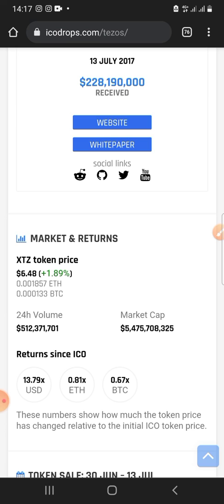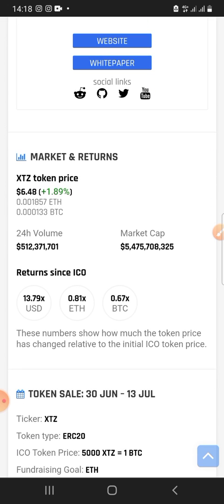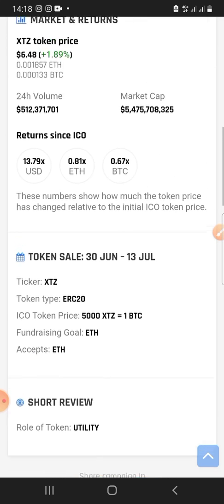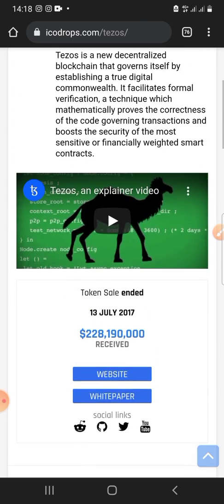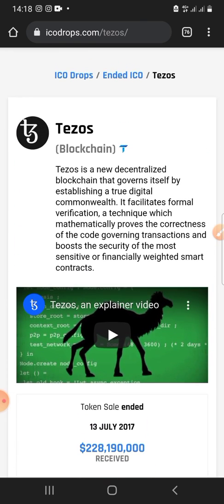And kindly do all to ensure that you write down all people who are directly linked to the project. Okay, and for this place, why it's important is that sometimes you need to even go to as much as knowing how the tokens were allocated. That is why we come to the ICO Drops, okay, to know how the tokens were allocated and everything. Because anytime you want to invest in any project, you need to ensure that at least majority of the tokens are not in the hands of a few people, okay, or the people who founded the project, but are in the hands of the community.